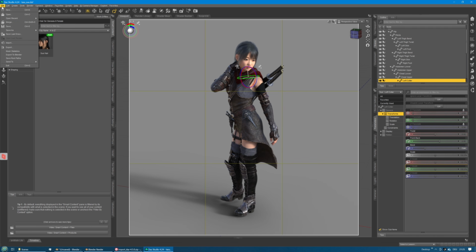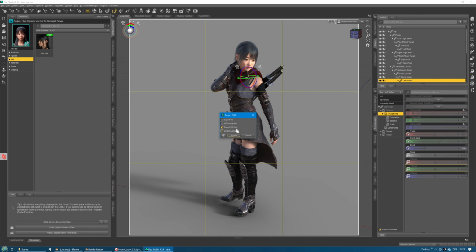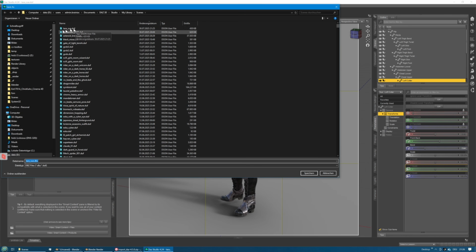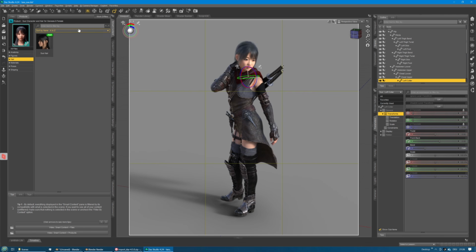Okay, and now we use export to Blender, uncheck default location, accept, and then let's sort this. We will save this to this DBZ file, to the same folder we saved our scene. Here's the Terra Zoo scene,